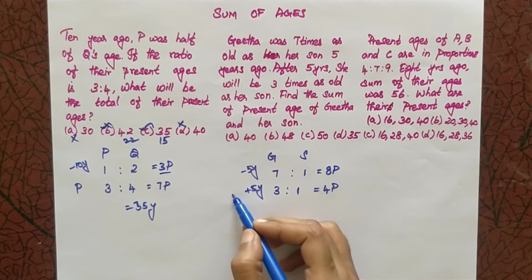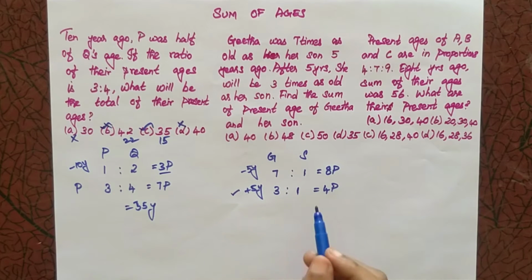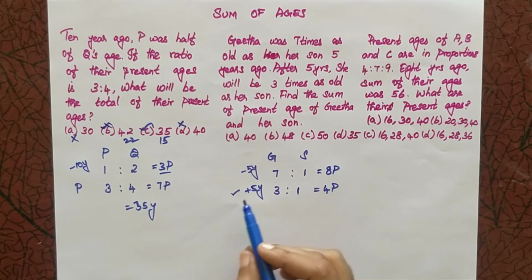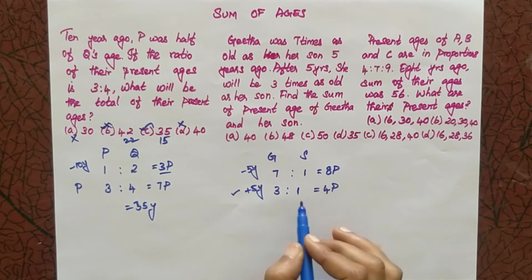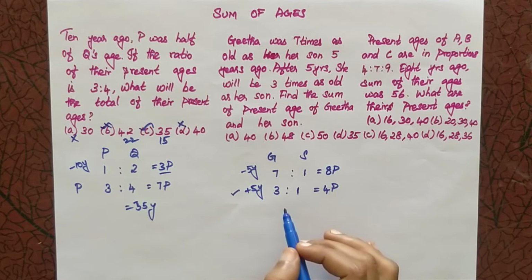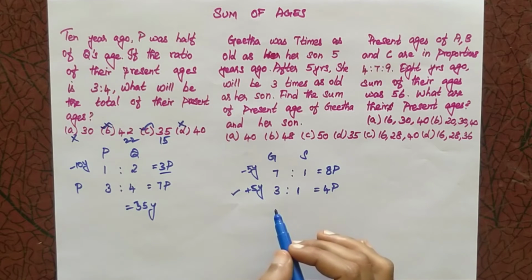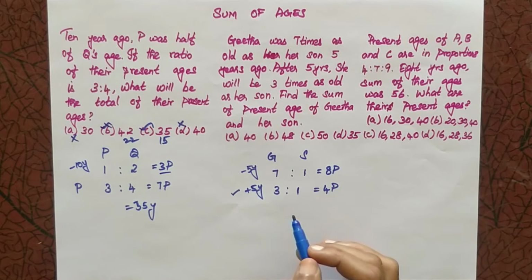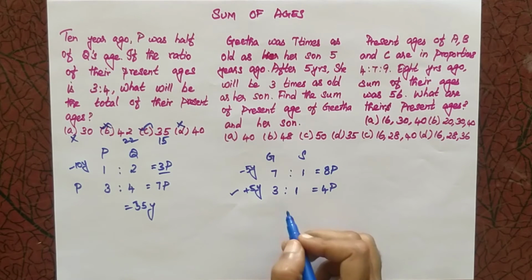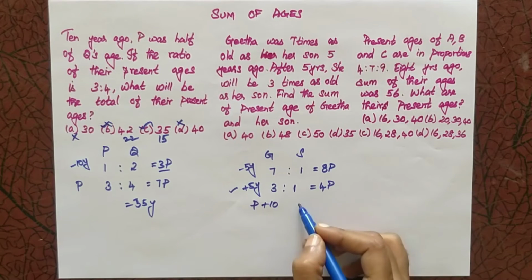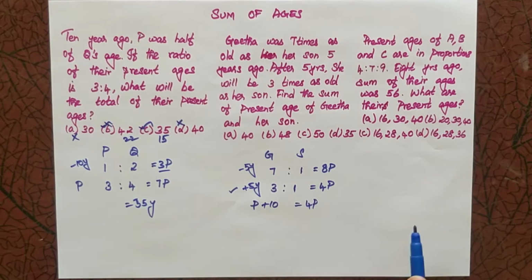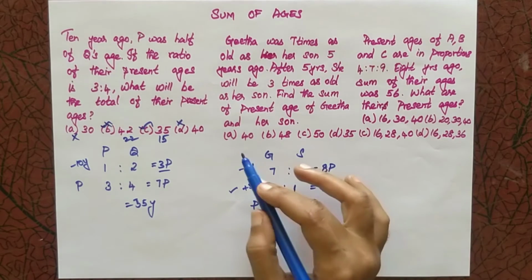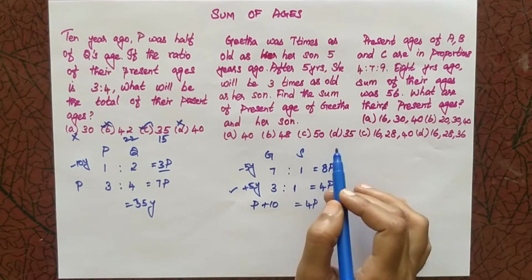Let's consider this one, plus 5 years. So after 5 years, the sum of the parts are 4. So there are 2 persons again here. So we have to add 5 years for each person. So we will be adding 10 years. So plus 10. It is 4 parts. So here we are not going to solve any steps. We are just going to find by seeing the options present.